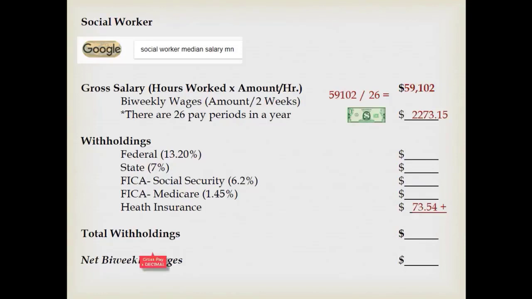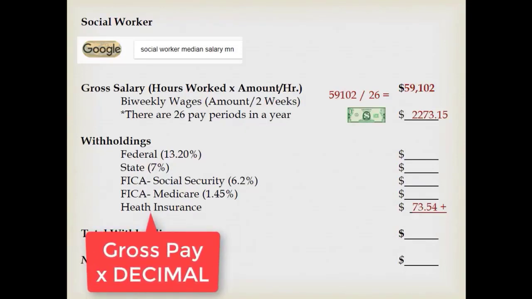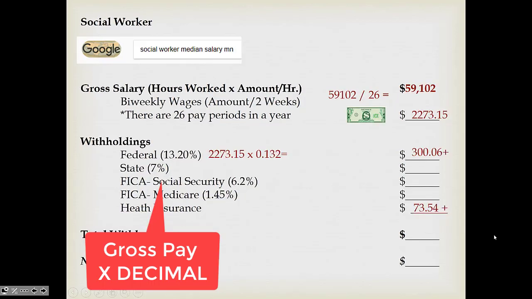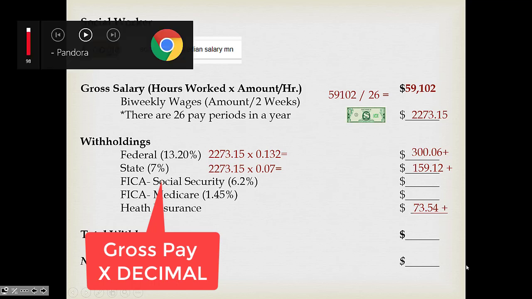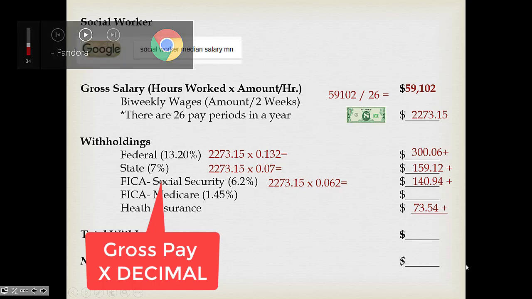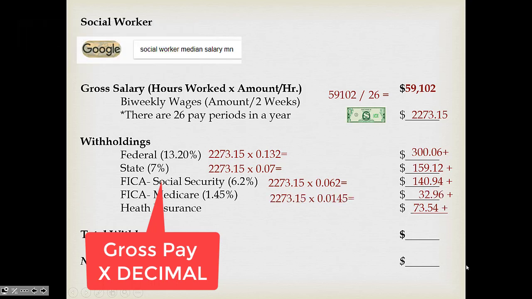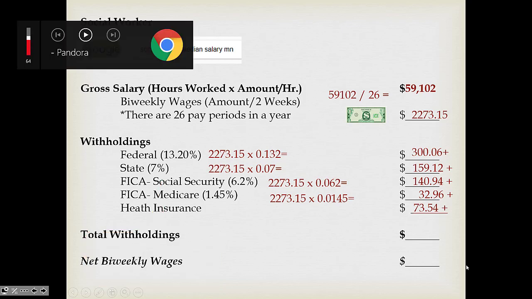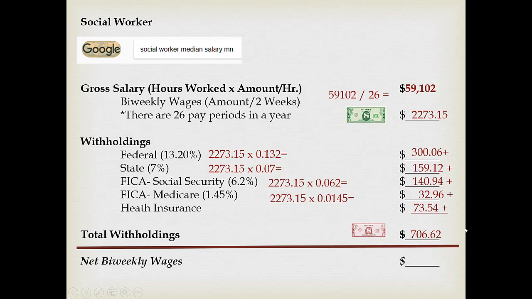So when I do my withholdings, I just take that gross pay amount, not the salary, but the gross pay, so the $2,273.15, and I multiply it by that decimal percentage, so 0.132. I get $300.06. State taxes, again, I take my gross pay times 7% as a decimal, and I get $159.12. Same goes for my Social Security FICA and my Medicare FICA. I'm taking my gross pay times the percentage as a decimal. When I total up all those withholdings or deductions, I get